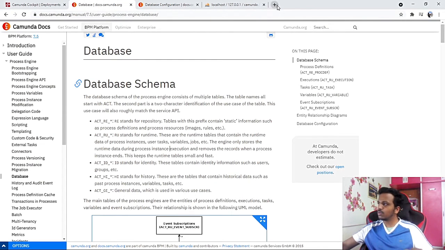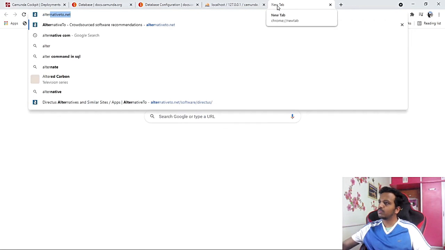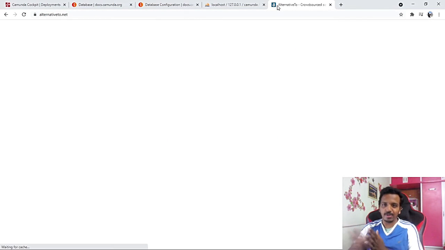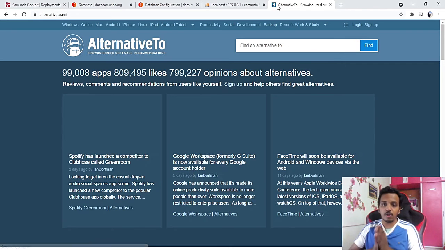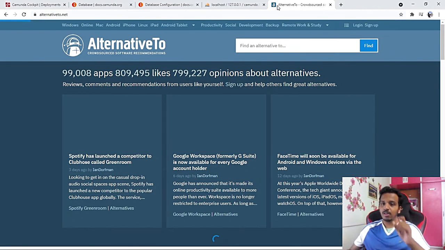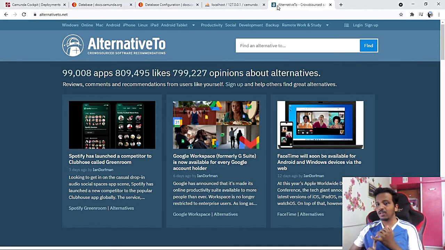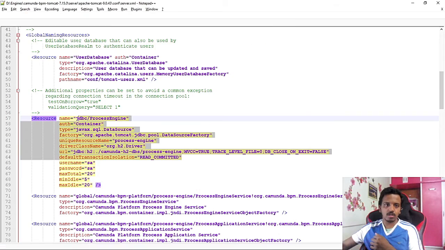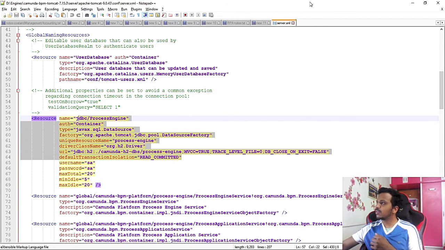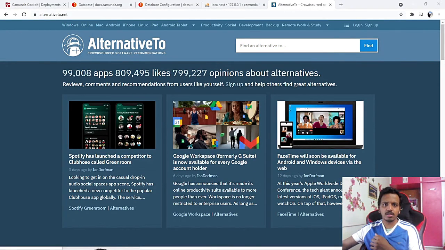Okay, so where is this? Alternative.net. This is not a tool. This is a website where we can find the alternative of every tool. One such tool which I am aware of is Strapi. There is one more thing I forgot. Just a second. Yeah, Hasura.